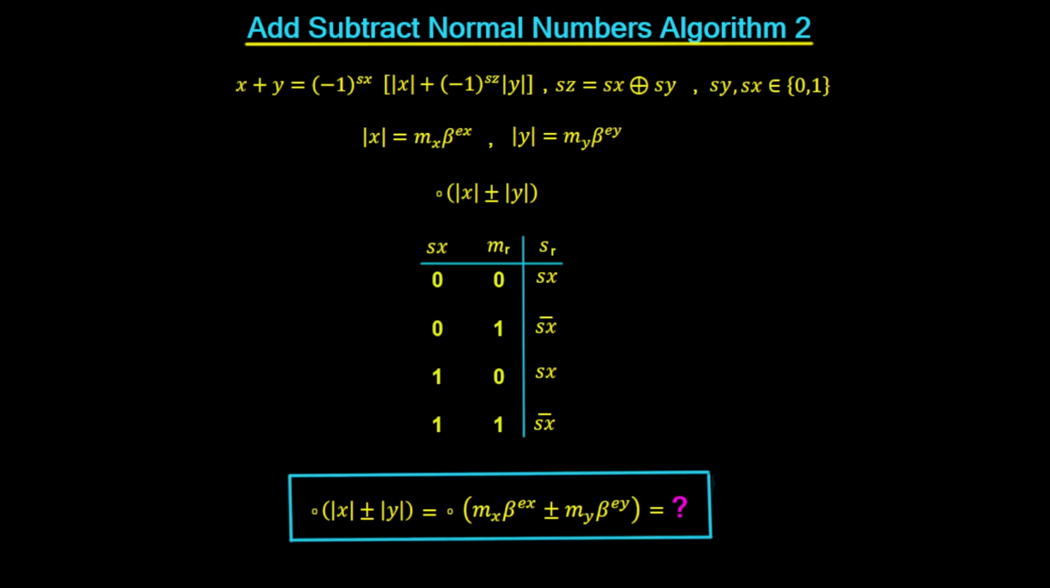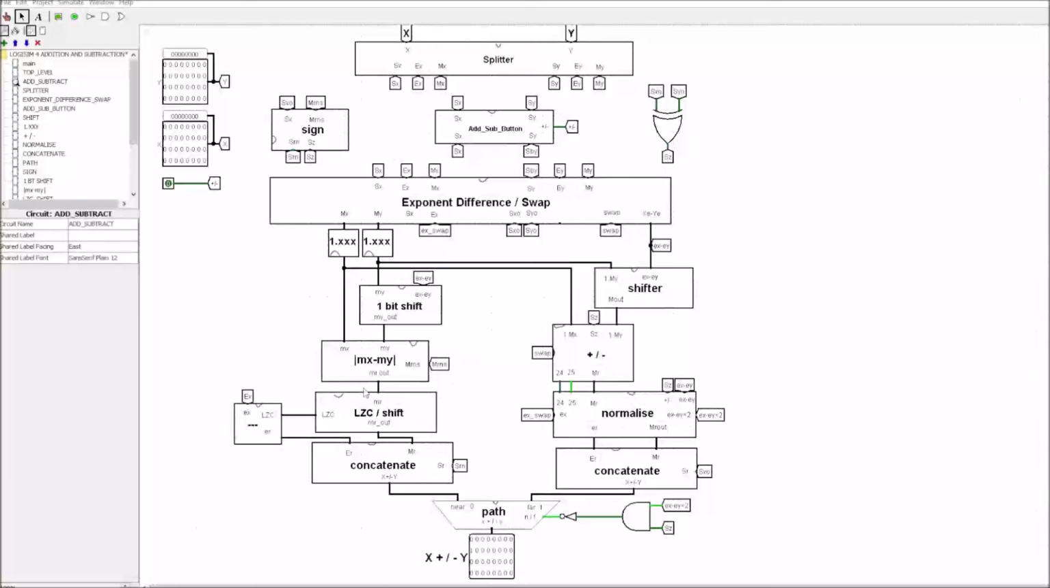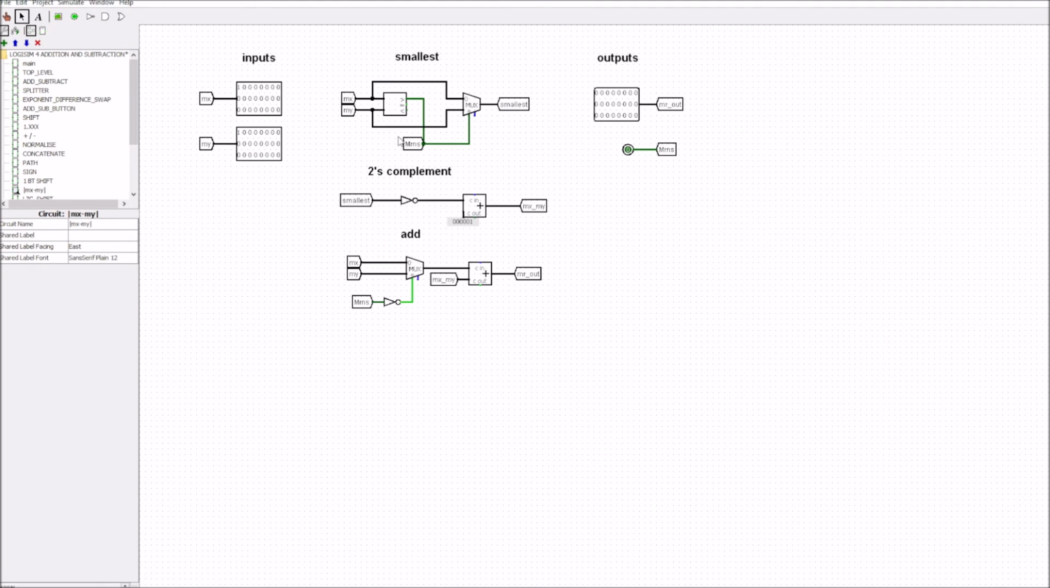So let's see how we did that in Logisim. If you look at the Logisim file here, you'll see under this mx minus my, if we head in there, that there's this value mrns. This part here chose the smallest between the mx and the my. We wanted to choose the smallest of these two because we wanted to use the 2's complement of the smallest value. The reason is that the answer then would always be a positive value,